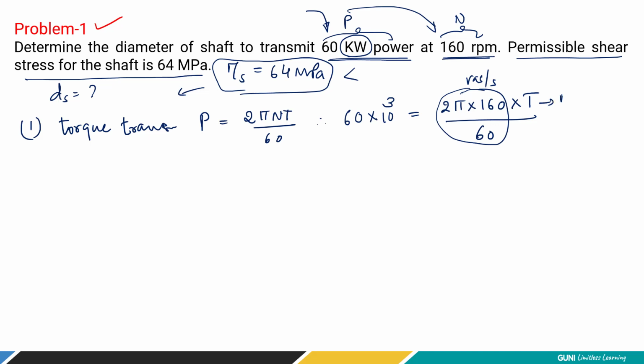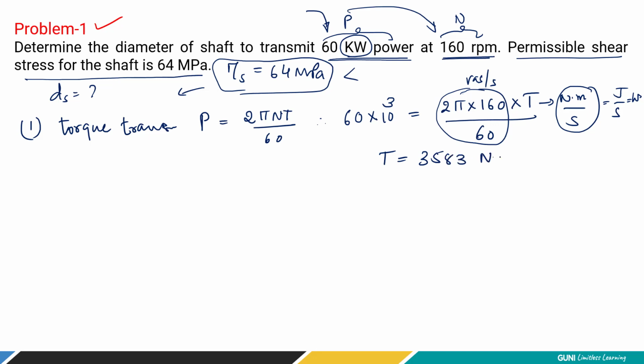Now the torque is available in terms of Newton meter. So this second goes over here. So this is the unit of watt. Newton meter is joule, and joule divided by second is equal to watt, right? Now let's see what is the torque value? You can calculate using your calculator. It's a very simple solution. So it comes out to be